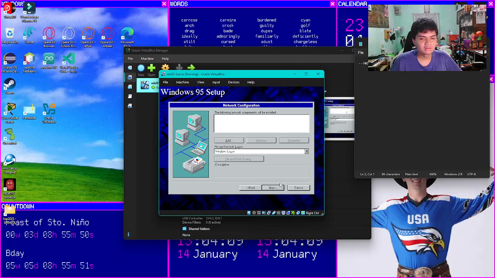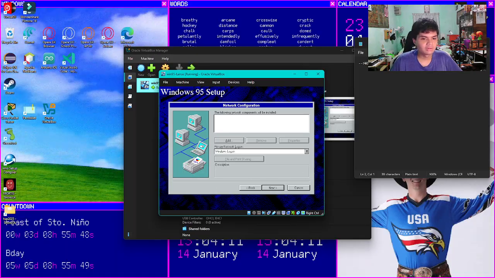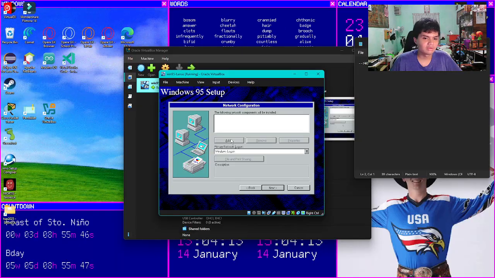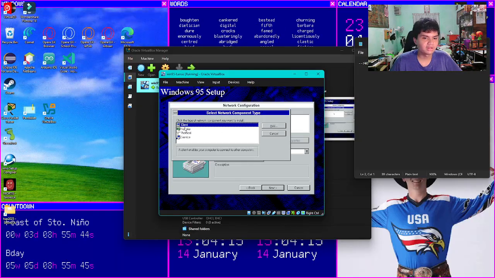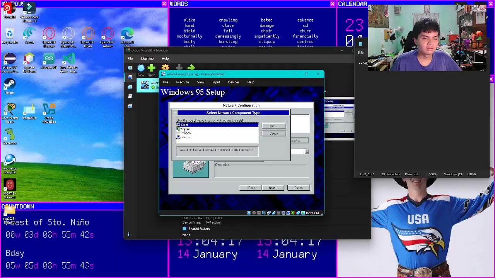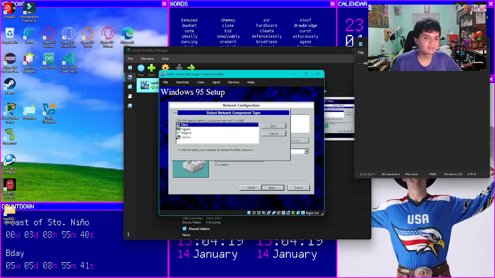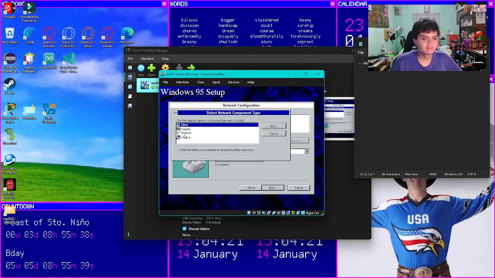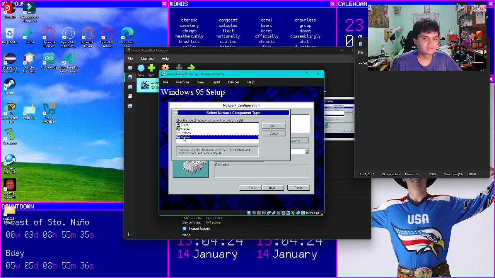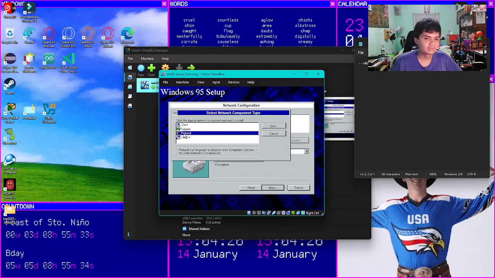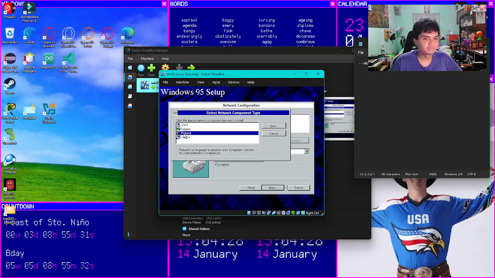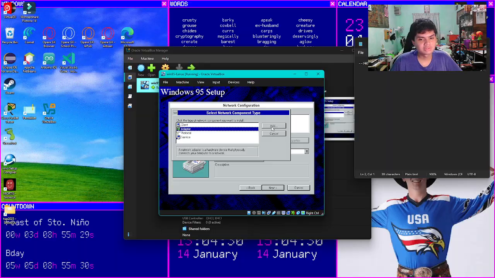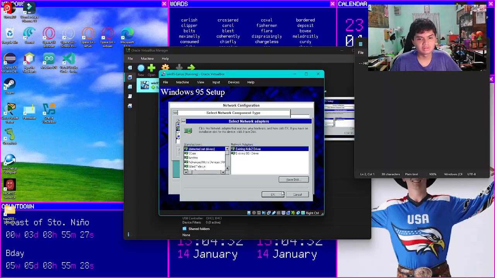And we can add a network if you want to create a network computer. So if I want to create a network, we can put a client type. The computer will be your client, the client of the network. Then you can put service type, shares files, only shares files, a protocol for the computer, then an adapter. So now I'm just gonna use an adapter to connect to the internet.